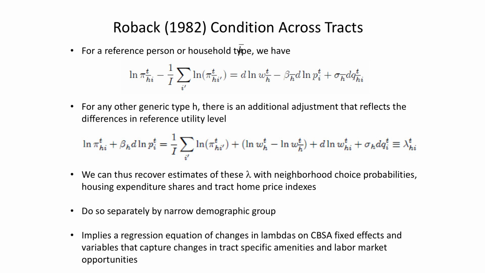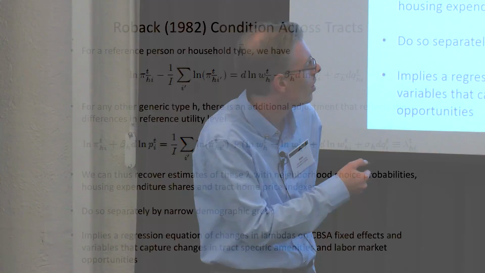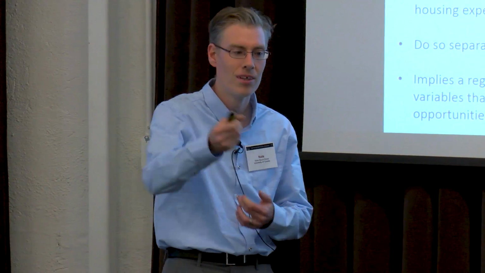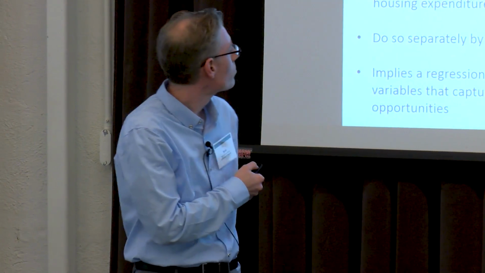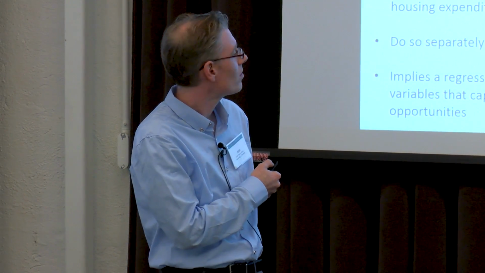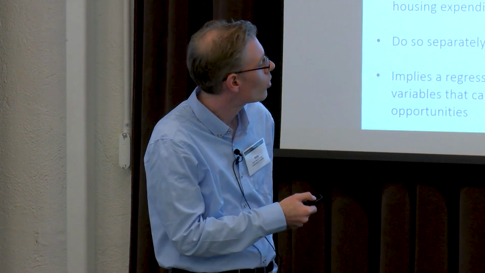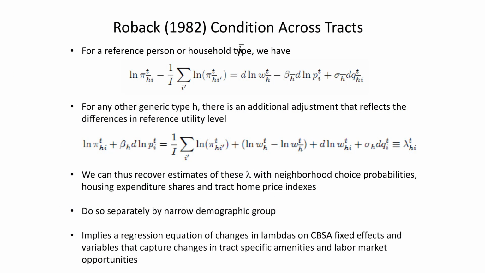Then, if we want to look at another type besides a reference type, call it H rather than H bar, there's going to be some shifter that has to get added. Okay. So this looks kind of like a regression, right? So if we can have measures of wages, and relative amenities, and some CBSA fixed effect, then we can regress log neighborhood choice share for group H